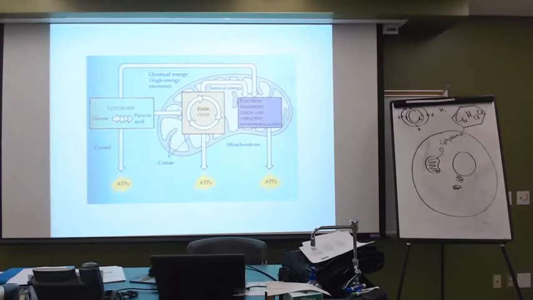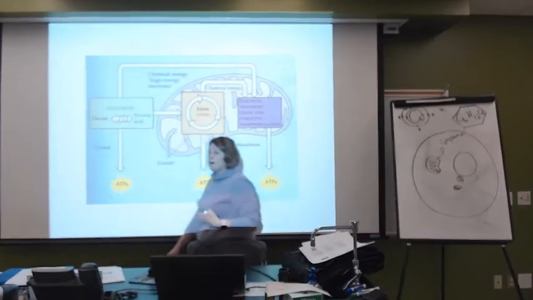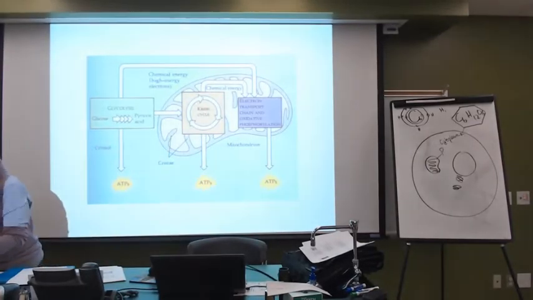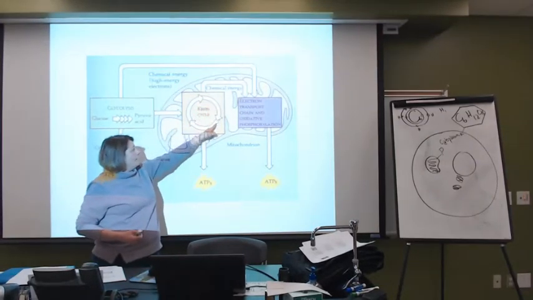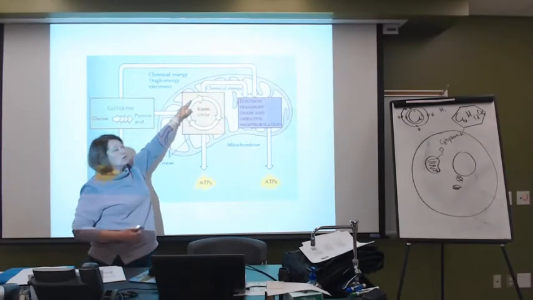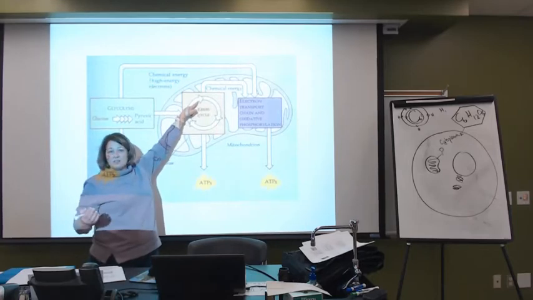So, in our Krebs cycle, where we have those pyruvates go in, and as they make their way around the Krebs cycle, all of those little carbons came off, all those little hydrogens came